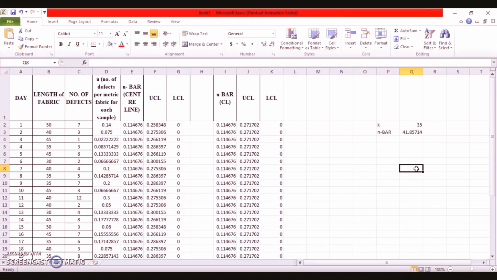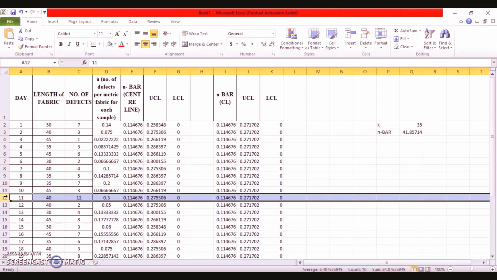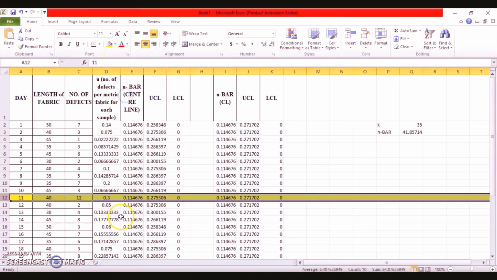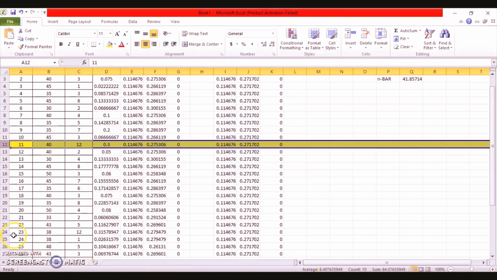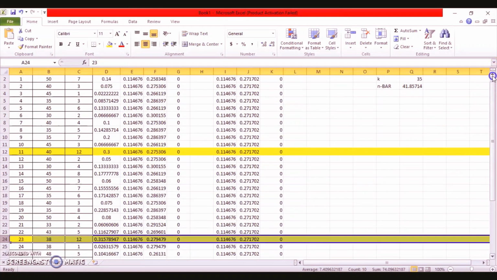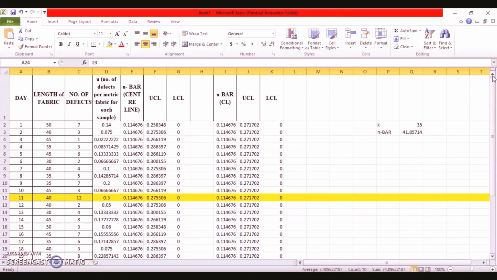So first of all, we will highlight the 2 points which were showing the out of control values. I'll highlight point 11, and the next one was the 23rd. Now you'll see why. The values corresponding to the upper control limit and the lower control limit indicate that these values were crossing the upper control limit.